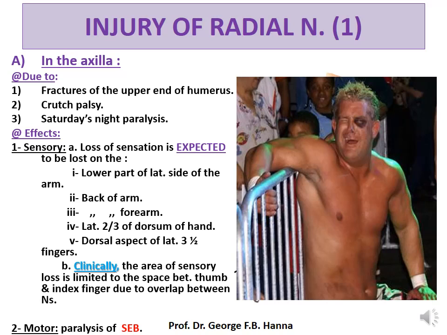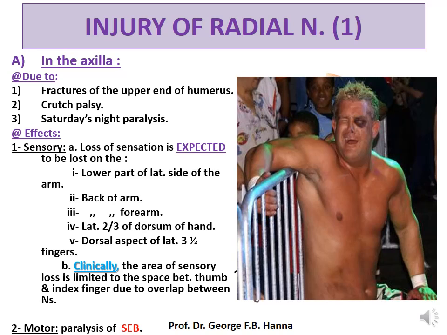So there is a continuous compression of the radial nerve against this chair or this stand here. It is called Saturday night paralysis because abroad they used to get drunk on Saturday in the weekend, so they may use a chair or something to rest their arm on it. Anyway,